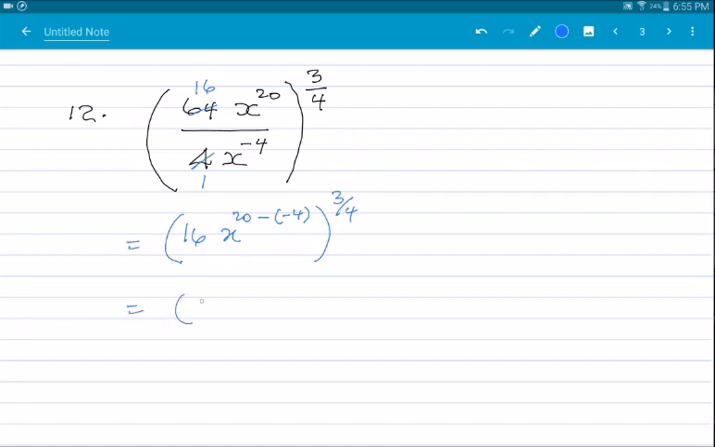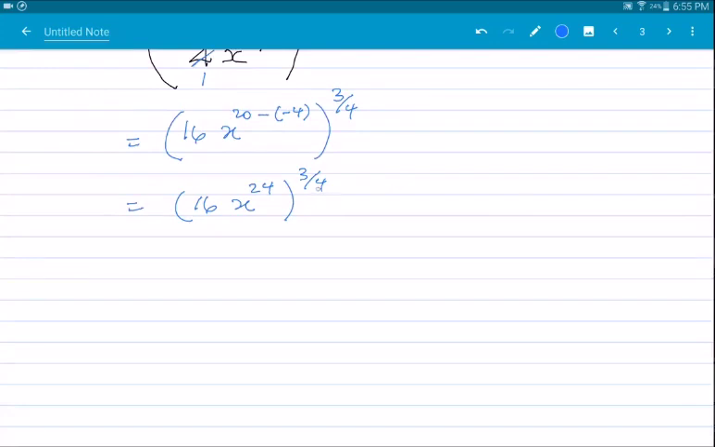That is equal to 16 x to the 24th, because negative times a negative is a positive, so we add. And this is to the 3/4. So we're now going to take the fourth root of what's in here. So we'll have 16 to the quarter x to the 24 on 4, but we still have the 3 outside. 16 to the quarter is 2,